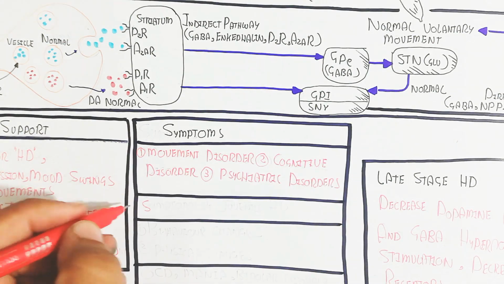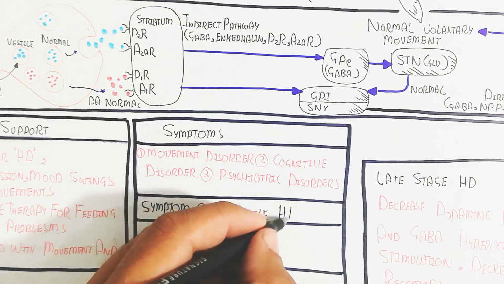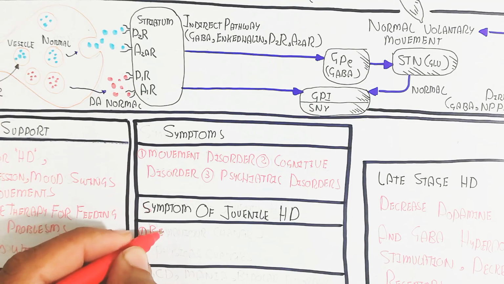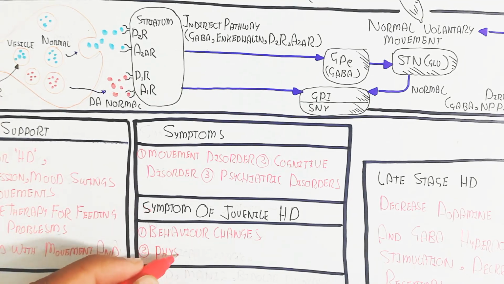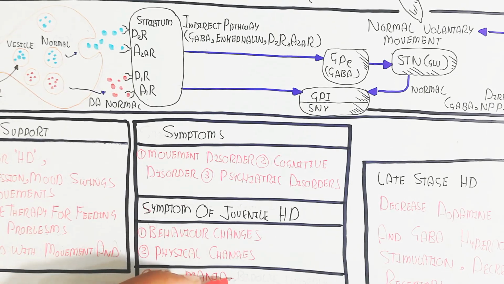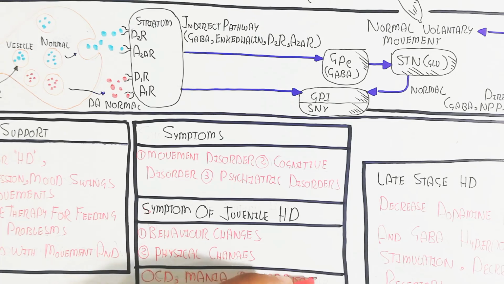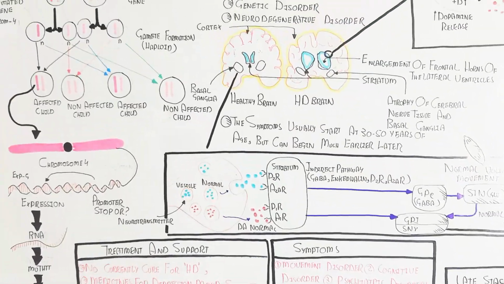In this the movement will be affected, and there is the cognitive disorder. The cognitive problem we will learn about separately. Psychiatric disorder, and the symptoms of juvenile HD are behavior changes, physical changes, and OCD, mania, bipolar disorder also involved. Anyhow,